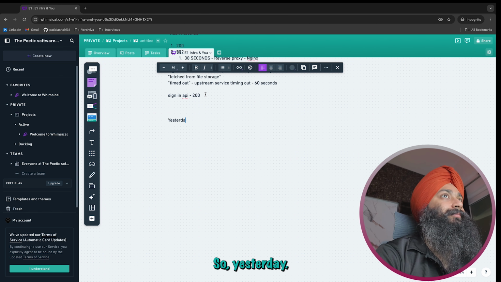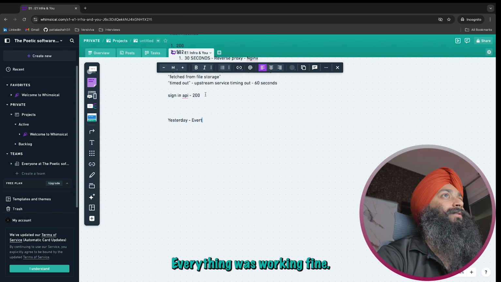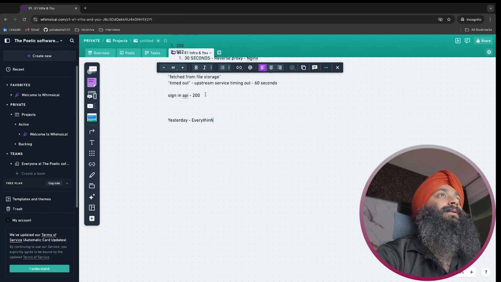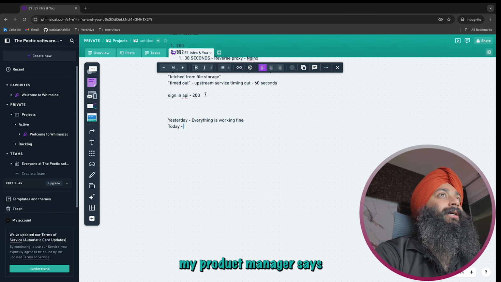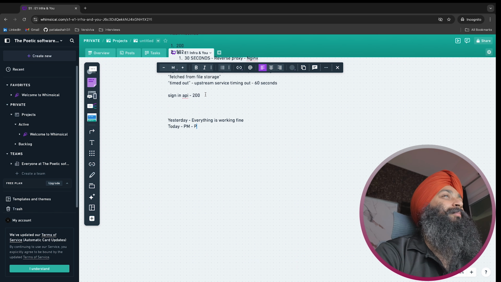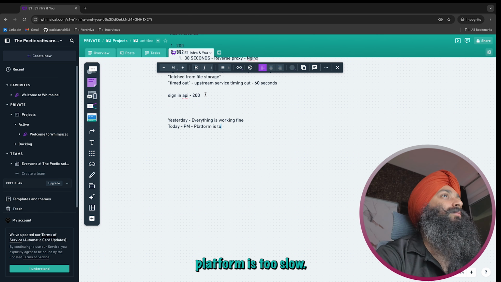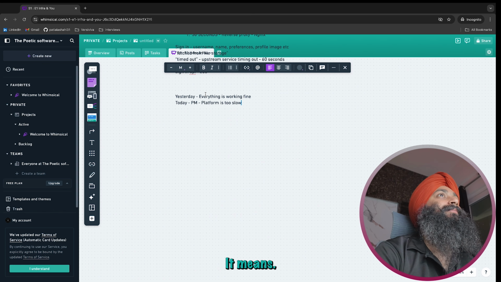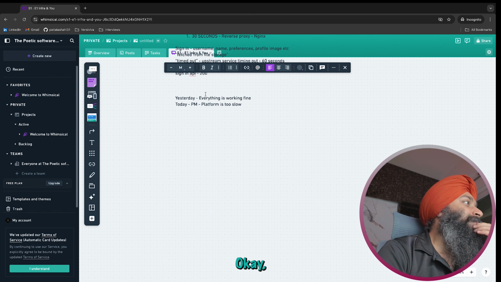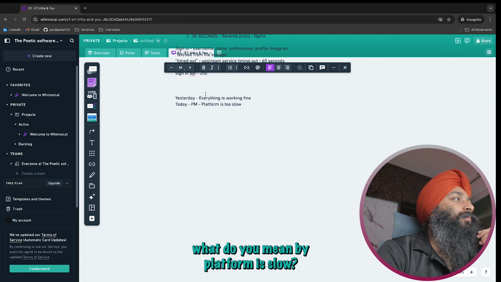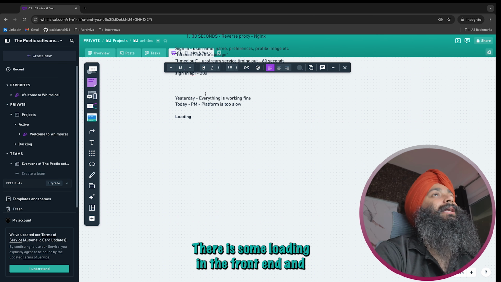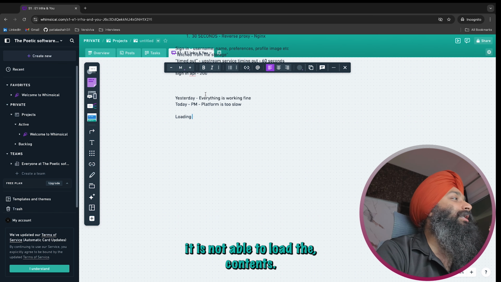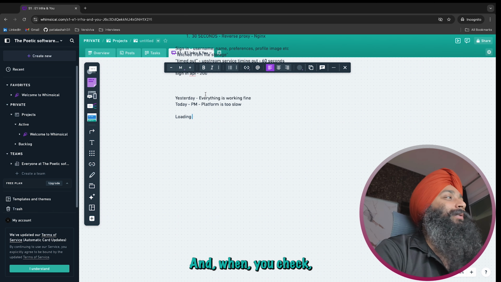So yesterday everything was working fine. And today my product manager says the platform is too slow. So what does it mean? What do you mean by platform is slow? It could be maybe there is some loading in the front end, and it is not able to load the contents. And when I check,